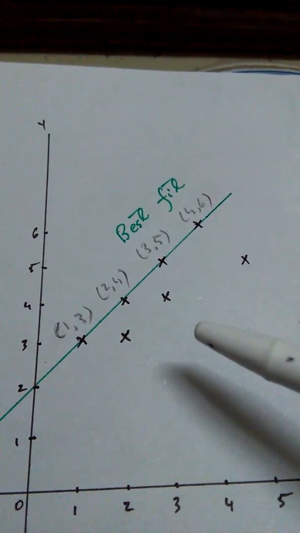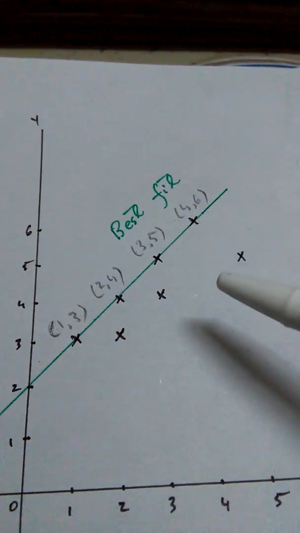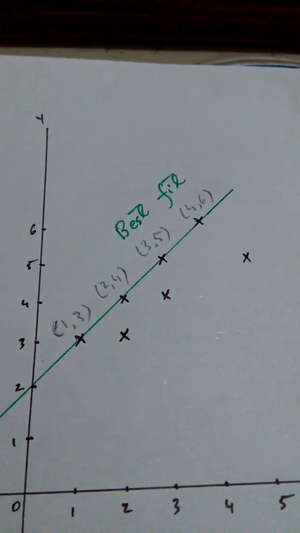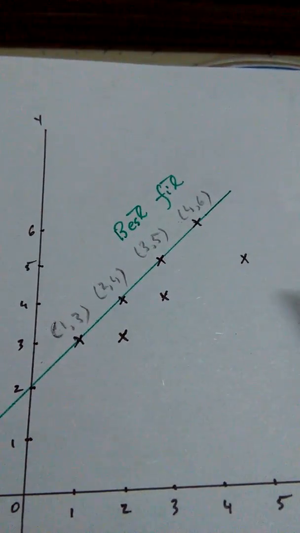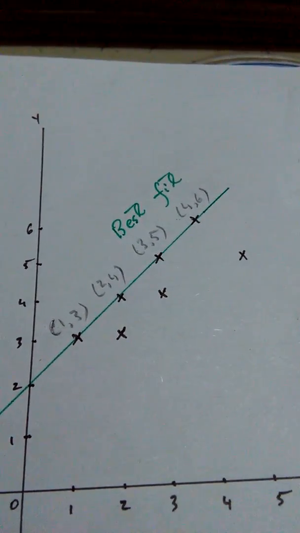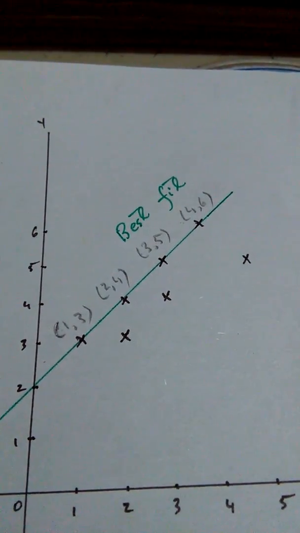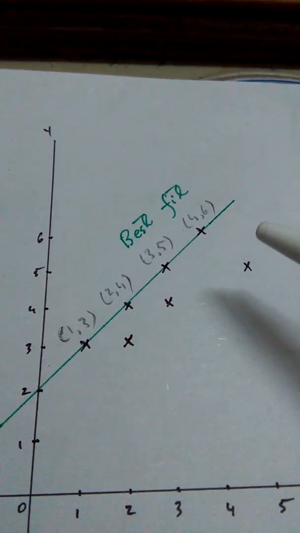Now for all the points lying around the best fit line, we are going to analyze what exactly is the difference between the actual values and the estimated values, which are also called the predicted values, and that is said to be the error. Now how we are going to calculate the standard error is that